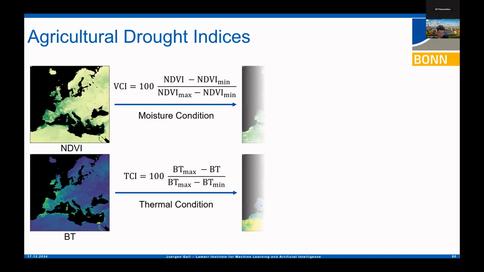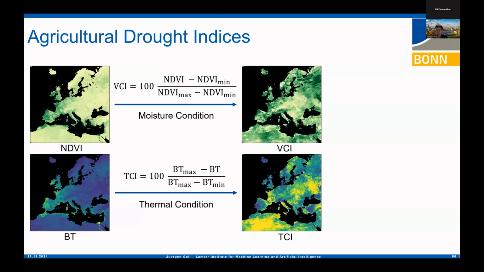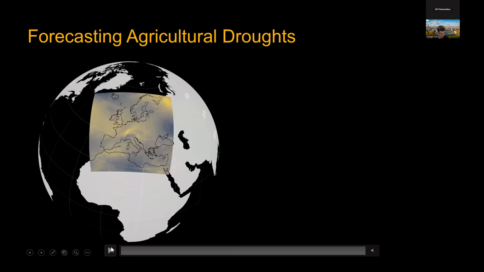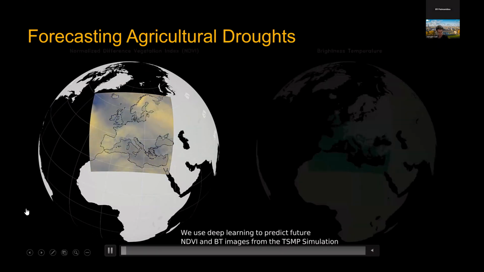You can look it up in the paper. This is just a way to compute it if our network predicts the NDVI and the brightness temperature. This gives us the vegetation condition index and the thermal condition index, just based on the equation. From this, we can compute the vegetation health index, where red means we have stress of the plants, and green means there's not a big issue of agriculture drought. So I will now jump directly to the last video I want to show, which is playing here. Here you see the predictions.